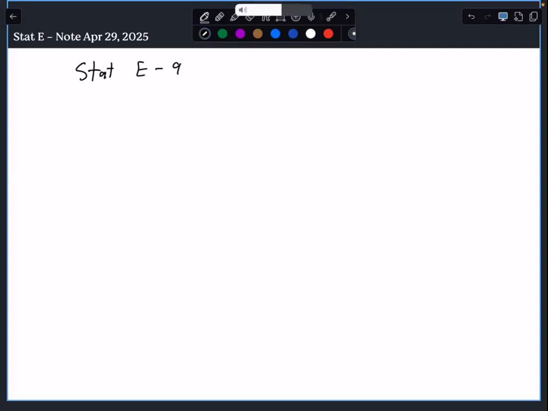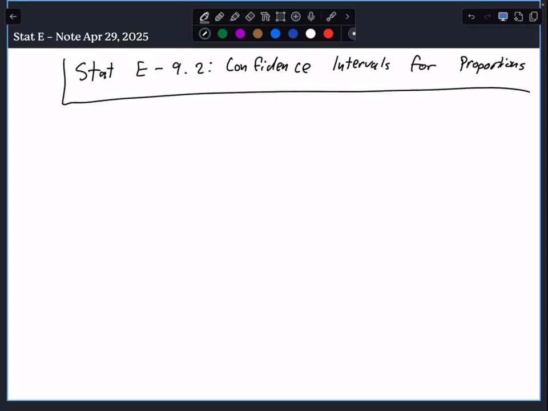Stat E, 9.2, confidence intervals for proportions. And I know it says day 2, but yesterday we didn't really take any notes, and I'm not